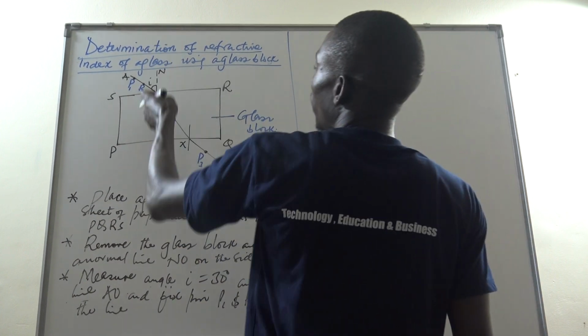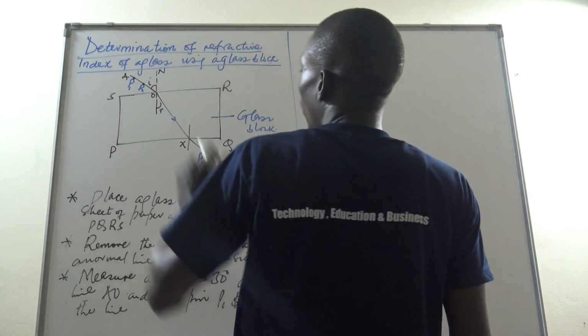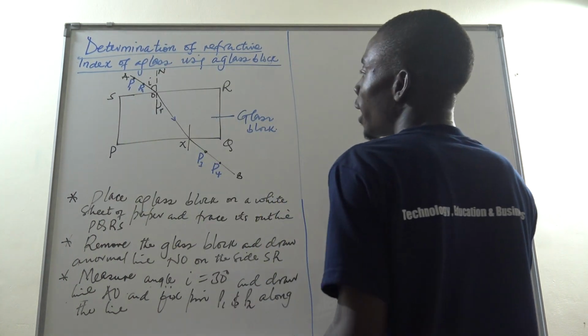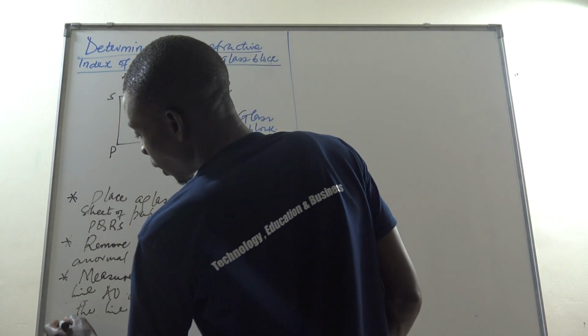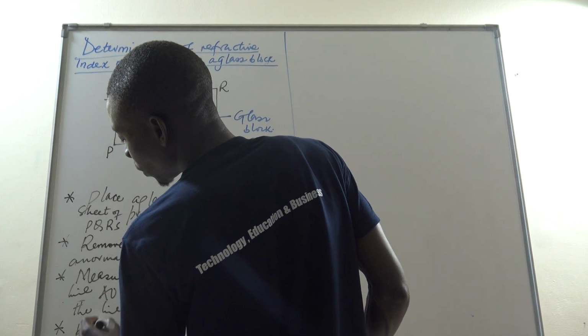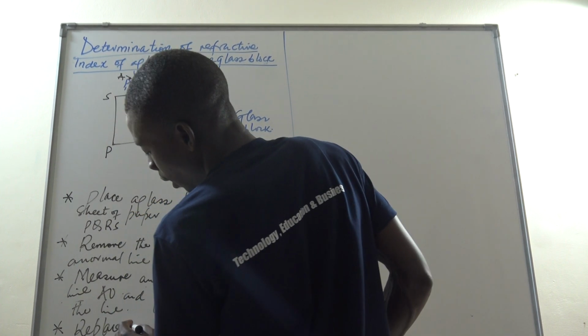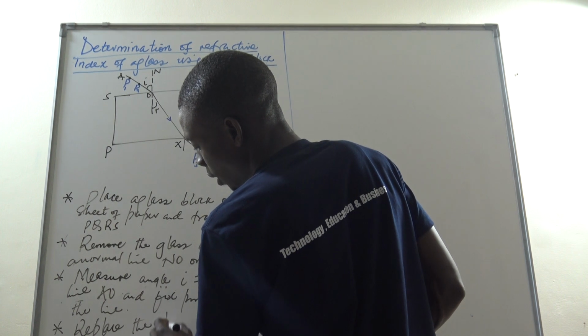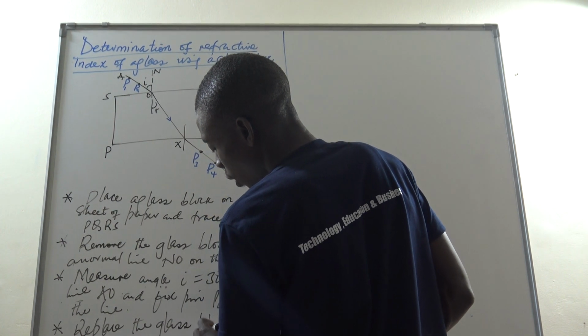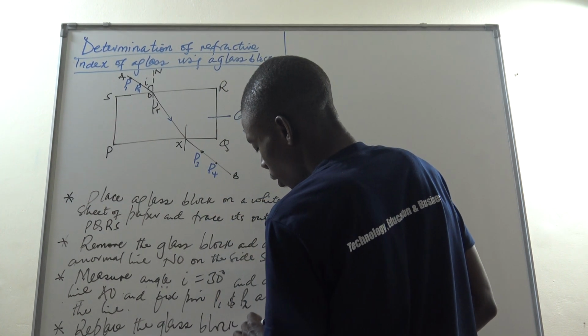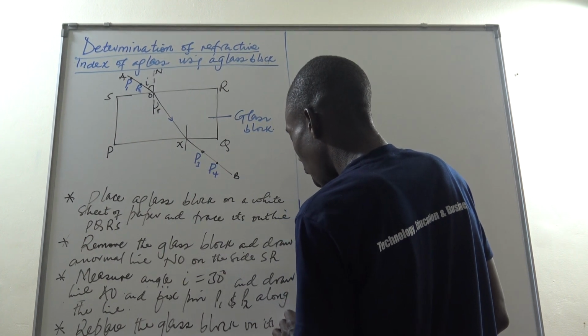So after drawing that, measure angle I there, draw line OA and fix pin P1 and P2. After doing that, replace the glass block on its outline,